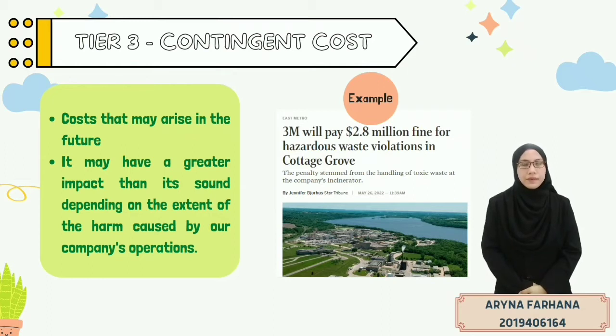It is a cost that may arise in the future. It may have a greater impact than its sum depending on the extent of the harm caused by the company's operations. For example, 3M Company, a diversified American firm that manufactures a wide range of items such as abrasives, adhesive tape, and associated products, and also consumer electronic components, was fined $2.8 million for hazardous waste offences in Cottage Grove